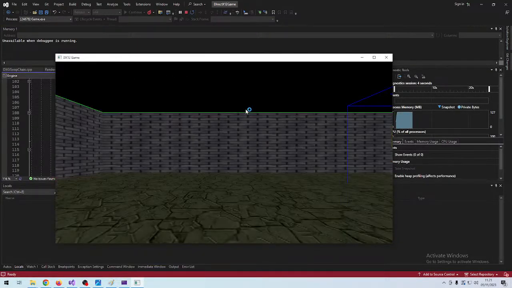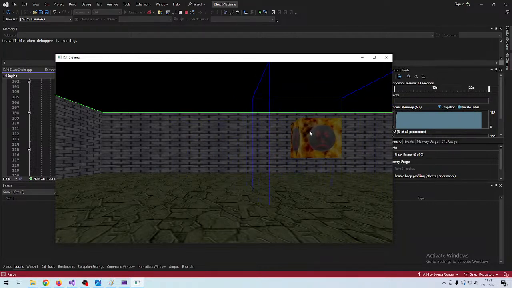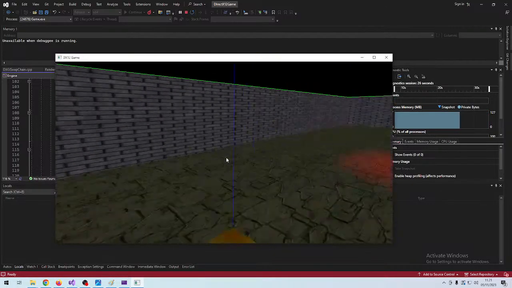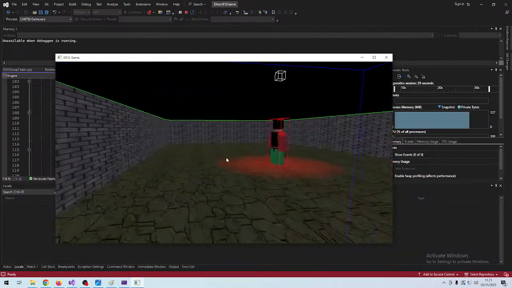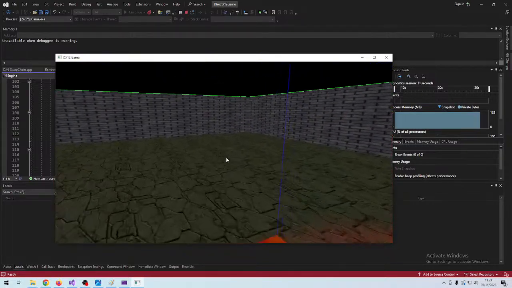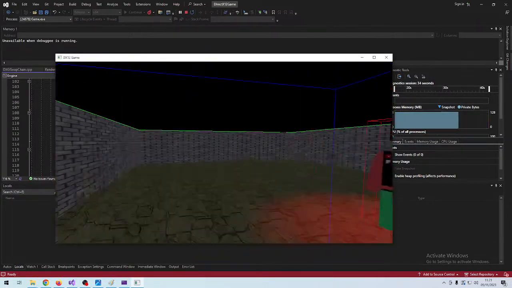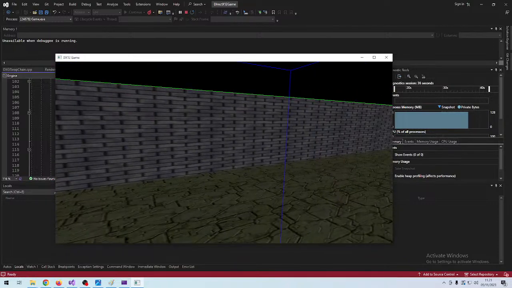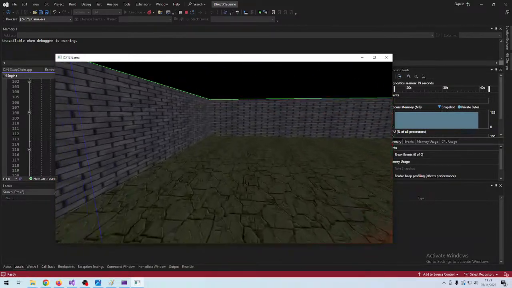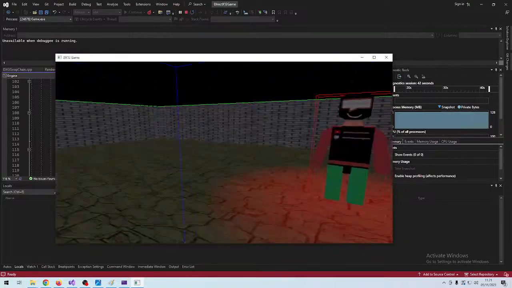We are now not only moving. Well, we can still move the player controller, but yeah, and for some reason, oh yeah, that's because, I don't know. Anyway,